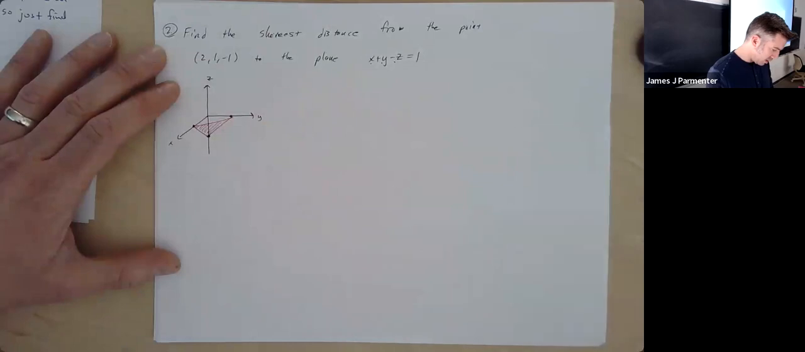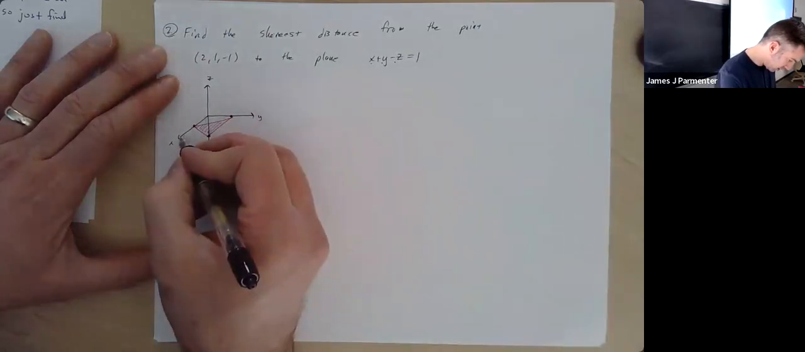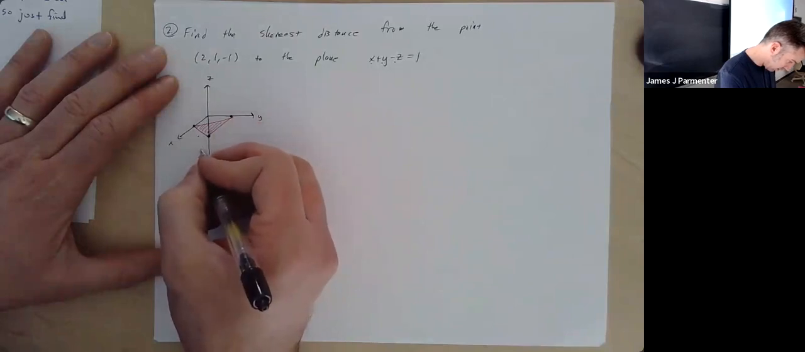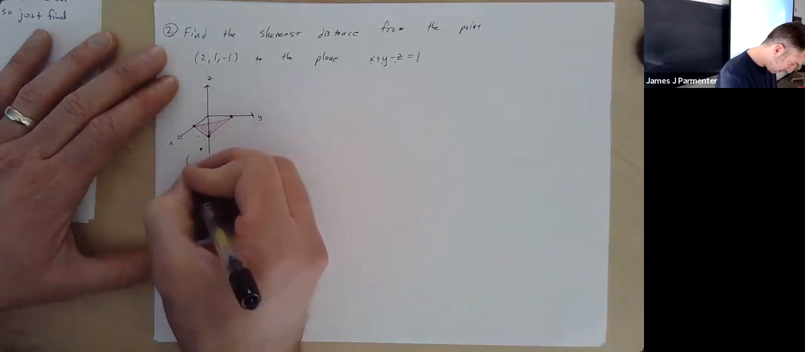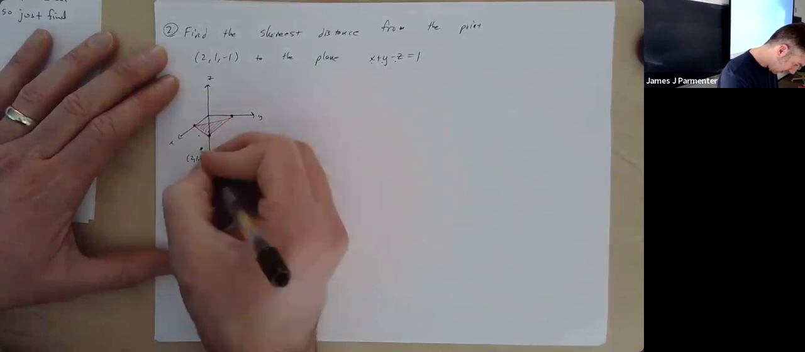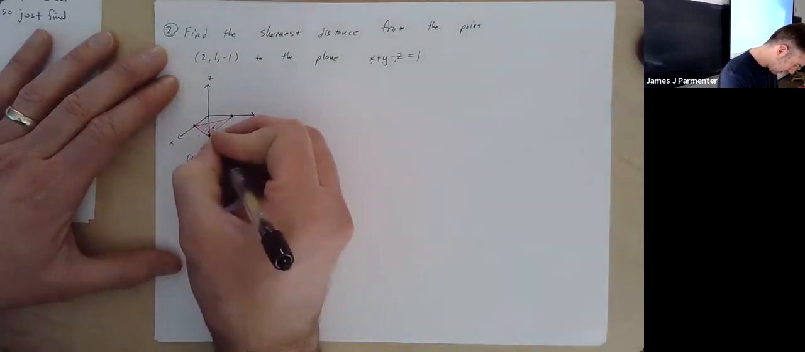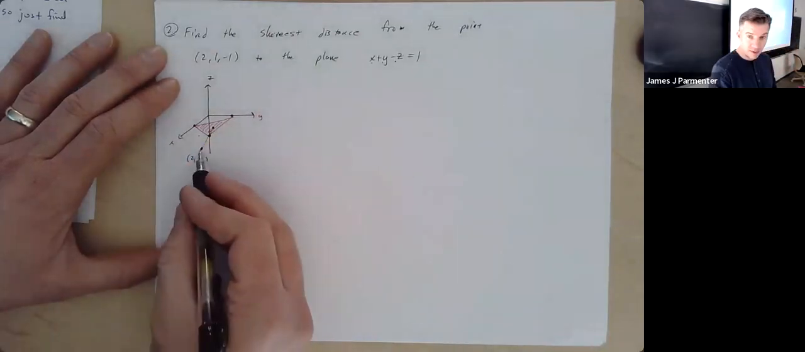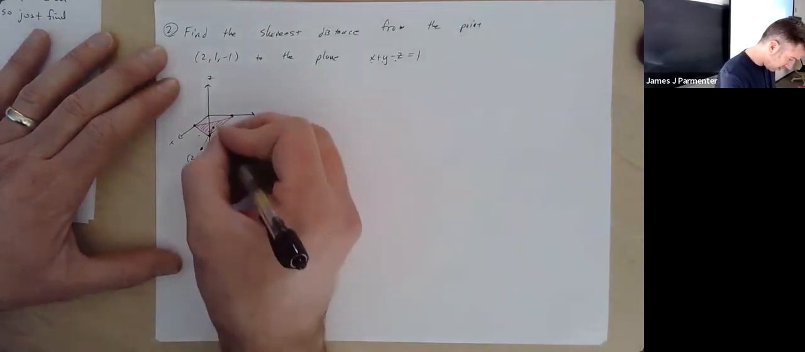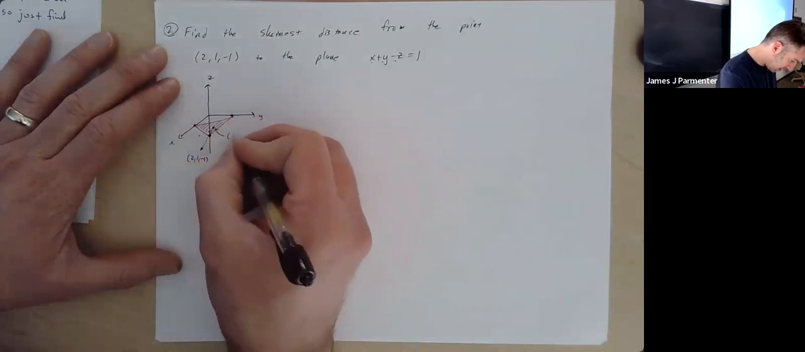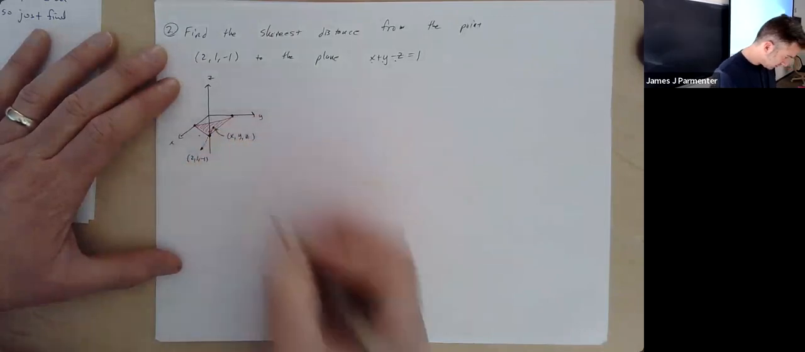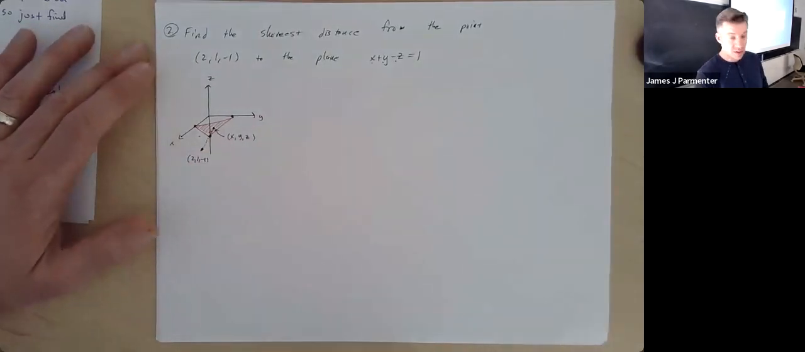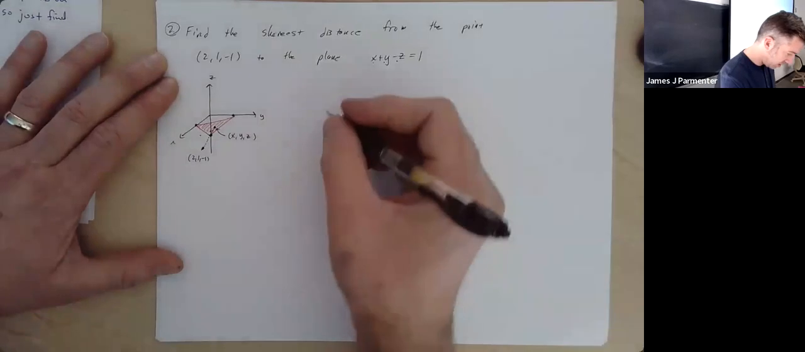And then the point 2, 1, -1 is 2 in the x direction, 1 in the y direction, and 1 down in the z direction. So maybe it's like over here. And we're trying to find some point on the plane that is the closest to that point there. I'm going to call that point, since I don't know it, x, y, z. And if we're trying to find the point on the plane that is closest to this other point 2, 1, -1, what we're really trying to do is